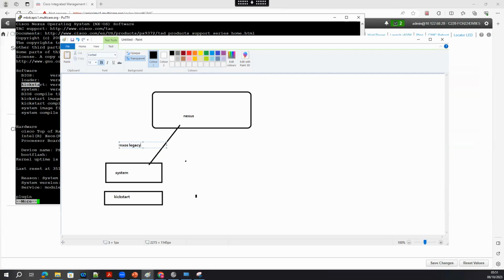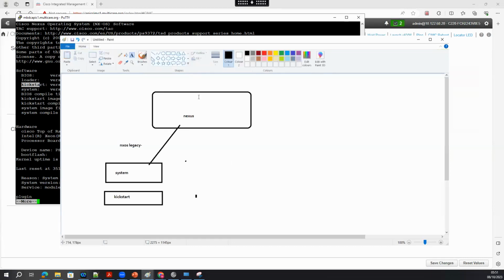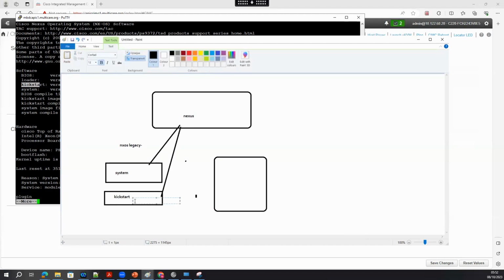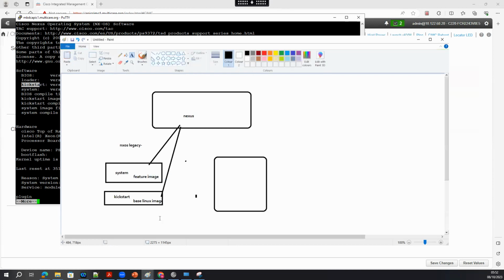In the earlier NXOS, when you wanted to upgrade, you had to do two types of upgrade: Kickstart upgrade and system image. Kickstart is the base Linux image, and the system is the feature image for the NXOS. That's the reason there are two types of image.